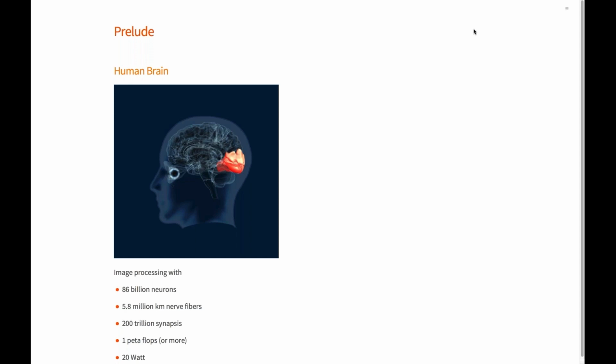The brain does it with 86 billion neurons, 5.8 million kilometers of fibers, wiring, that is 200 trillion synapses, or connections, or parameters that you can learn. And all of that is done on a bioware, you may say, doing roughly 1 petaflops or even more. And most amazingly, all of that just with energy consumption of 20 watts. We don't have that luxury with our hardware yet. I work here with an external GPU, but things are going in a great direction.